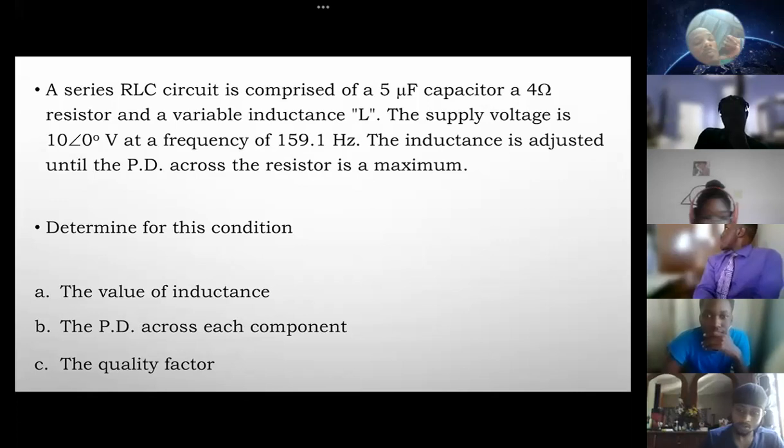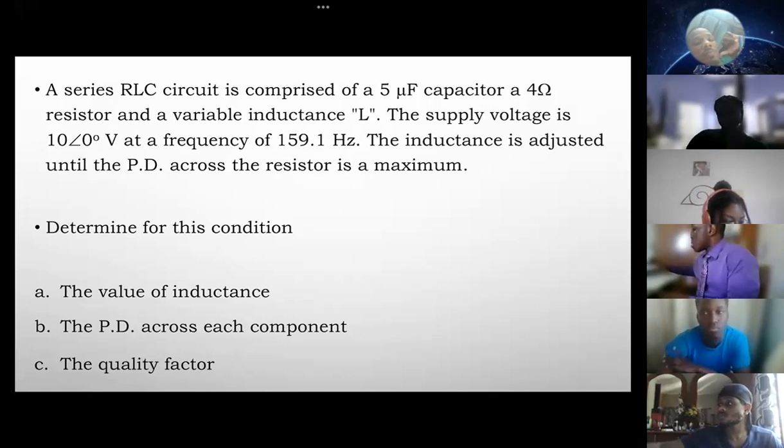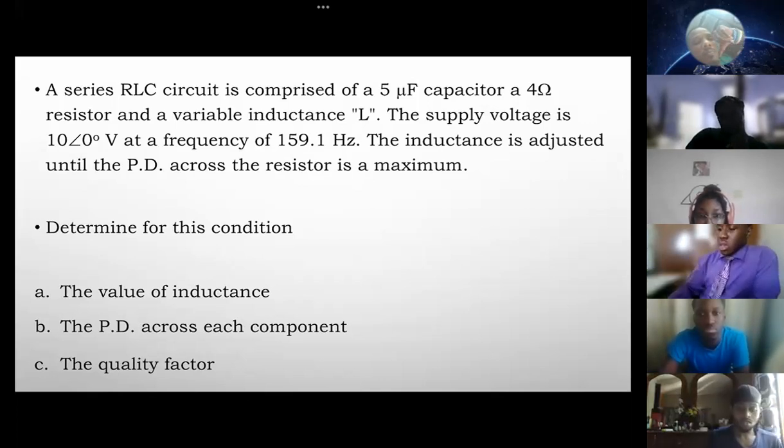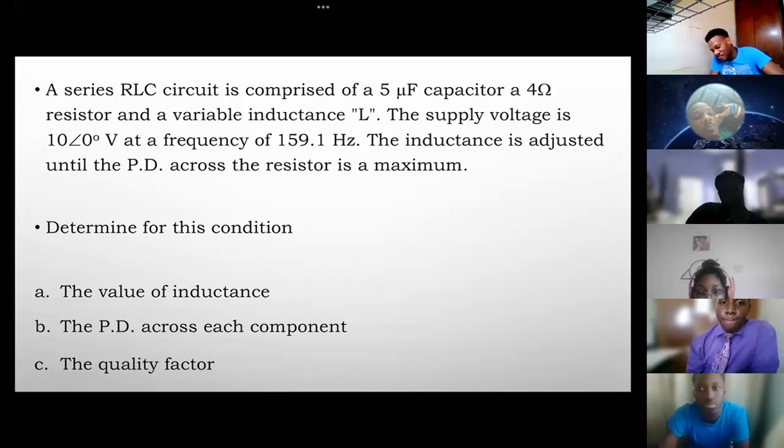It's not about getting it right, I want to hear where your headspace is. What is it about the question that tells you that it's a resonance question? The fact that